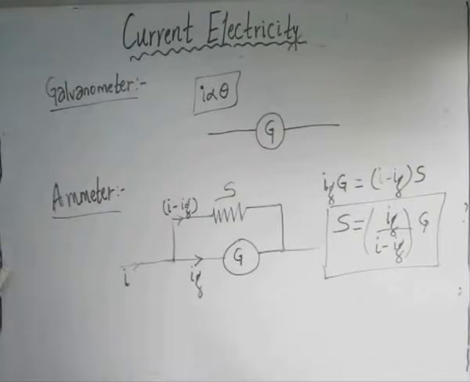We'll be seeing an example, a numerical on how we can find the value of the shunt resistance. Now the other thing is you need to convert the galvanometer into a voltmeter. Now if you want to convert a galvanometer into a voltmeter,